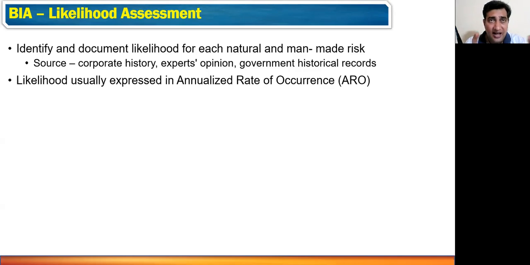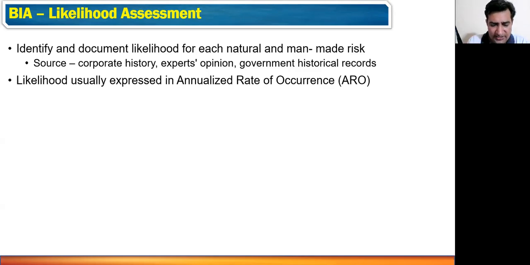Right? The idea here is to calculate what is the likelihood. How do we calculate? We have to maybe sometimes go back to the local government authorities, try to understand what has been the history for this particular area, or we have to go back to some experts, SMEs out there. We have to go and search the corporate history and things like it. And based on that only, you will prepare your assumptions, right? So